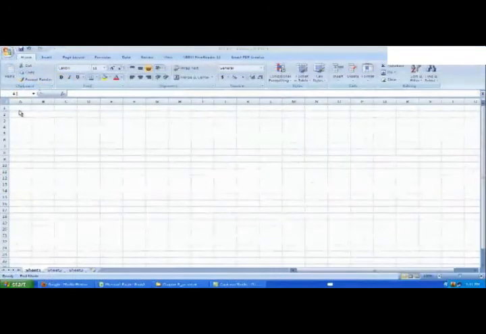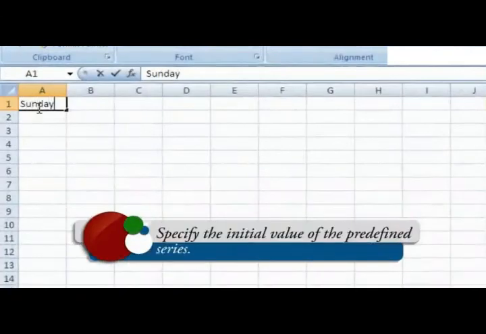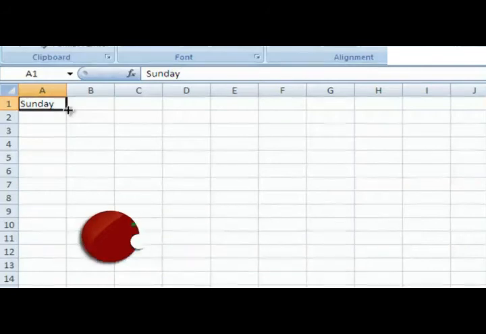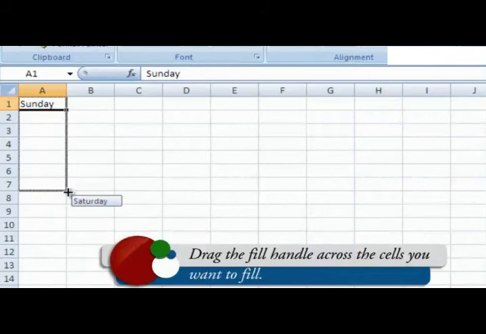To generate predefined series, the steps to be followed are: specify the initial value of the predefined series, drag the fill handle across the cells you want to fill,